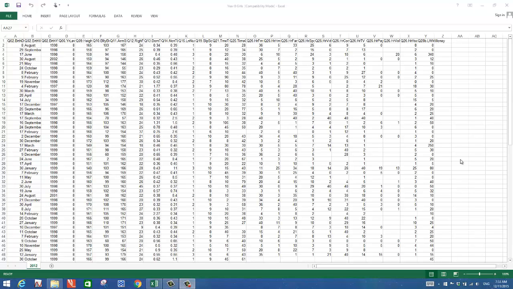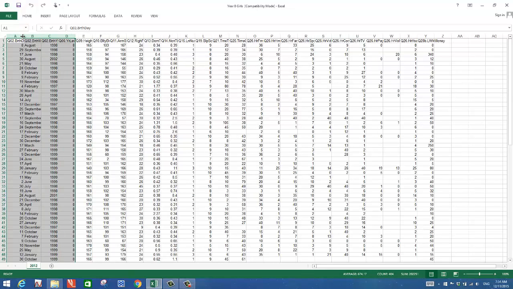Here is some data that I've downloaded from the Census at School website, and we can see that I've got the numerical data. As it happens, what I've got here is data for Year 8 girls. Now the ones I'm interested in keeping are the height and the belly button height. To get rid of the others, select here, select right at the top,